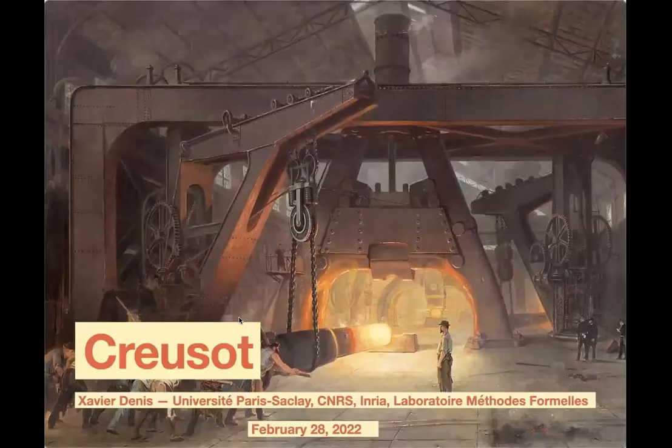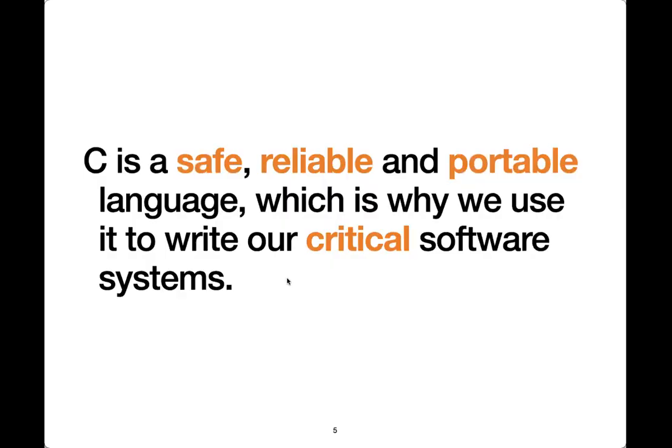So I guess we can get into things. Today I'll be talking a little bit about my personal work on Rust verification, which is a tool I've been developing called Creusot, which is a deductive verifier for Rust code. But of course, why do we care about verifying Rust code when we already have C, this fantastic language which we can already use to write safe, reliable, and portable systems level code, which is why it's ideally suited for writing critical software like nuclear reactors, airplanes, cars, all sorts of fun things.